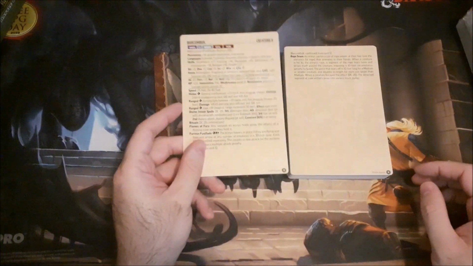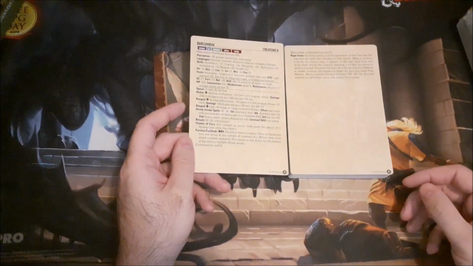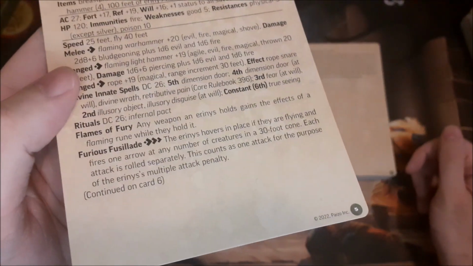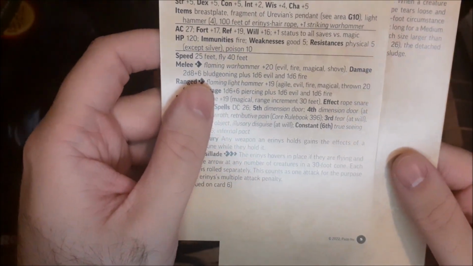So here we have an example of if a stat block would be too large to fit on a singular card, and what they do for that is they'll simply use two different cards. So you can see here, this one does state that it is continued on card number 6, and card number 6 says continued from card 5. So here we have the Barkumbuk, again,